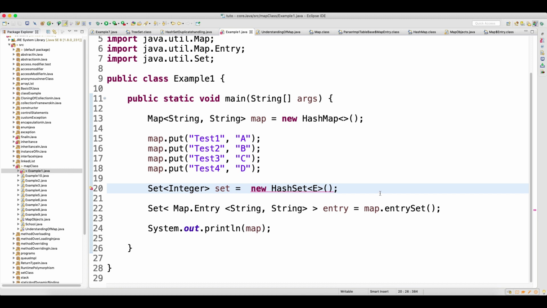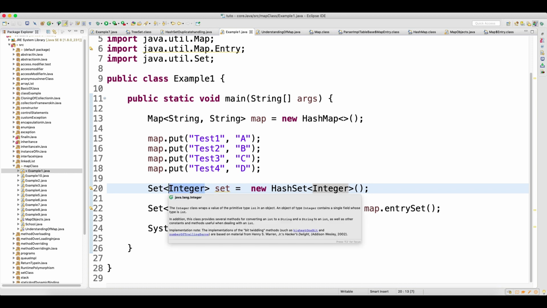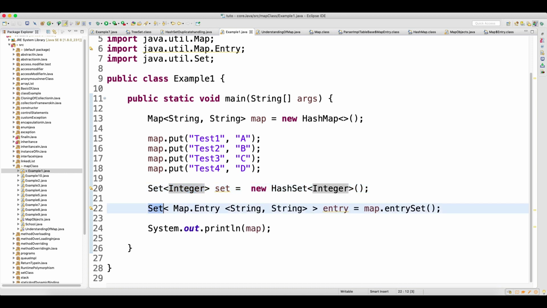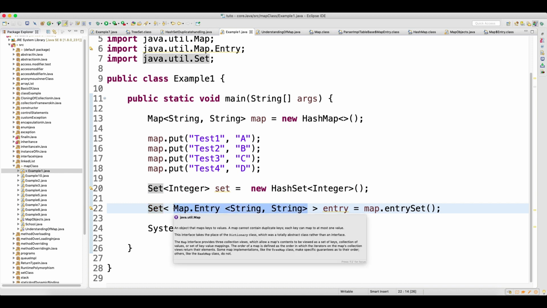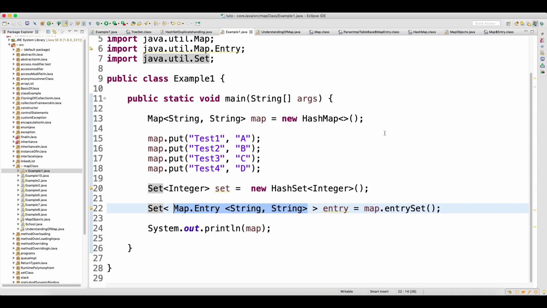Okay, so if you now focus here, in the Set angle bracket, basically you take the type of object, nothing else. What you take? The type of object. Now here also in the Set, what is the type of object? Map.Entry. Because in the HashMap you basically enter the entry. So what is the type of object? Which is nothing but Entry object, which is nothing but Map.Entry. I can remove this. I can also write like Entry, right? Which is nothing but Set of Entry.